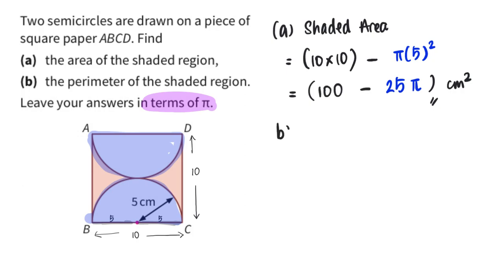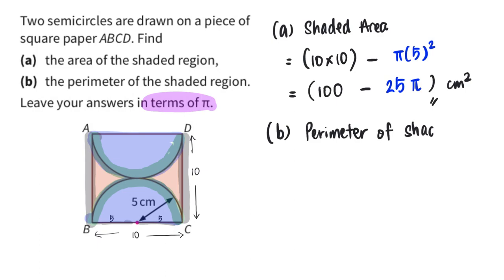And this will be the answer for part A. And for part B, find the perimeter of the shaded region. Let's see what do we have. We have 10 here, we have 10 here. And we actually have this semicircle and this semicircle again. They make one full circle. So the perimeter of the shaded region